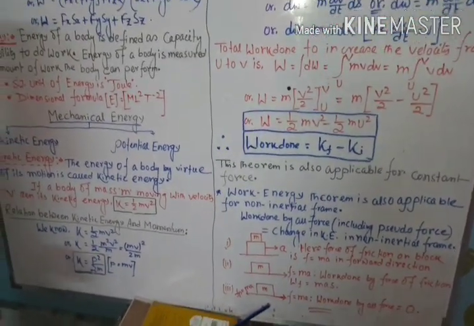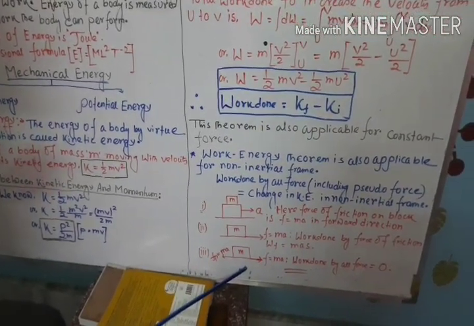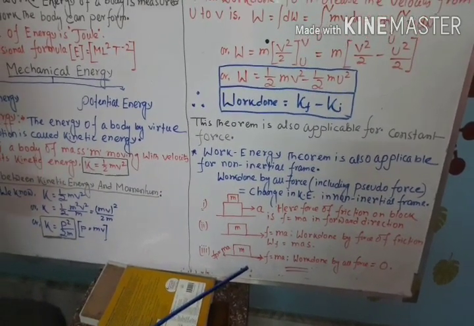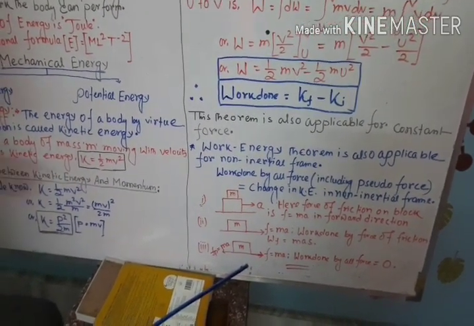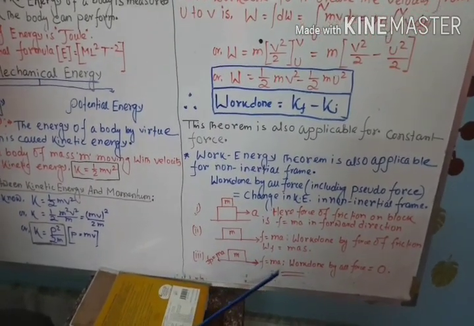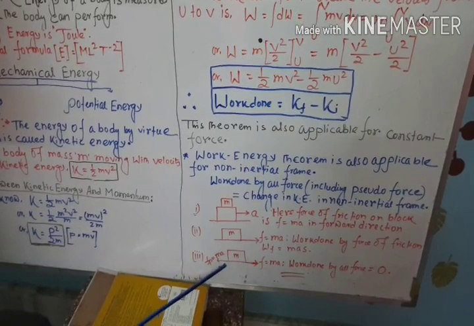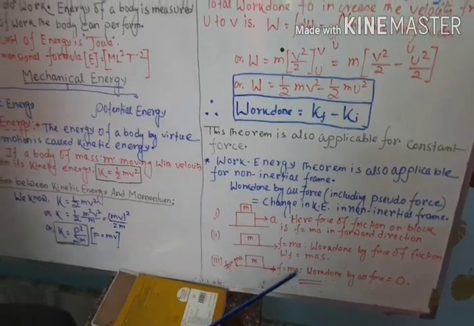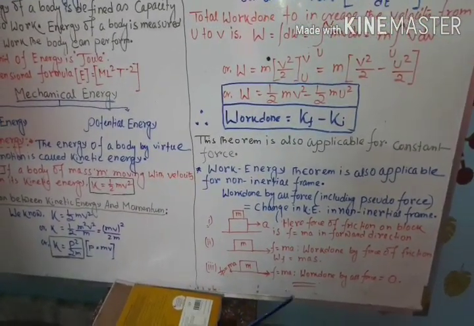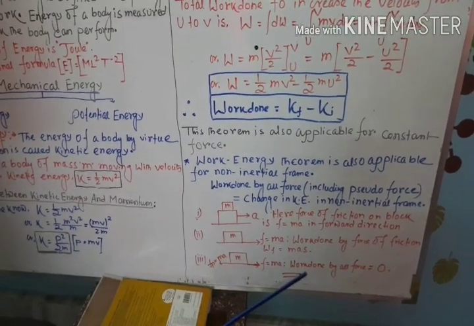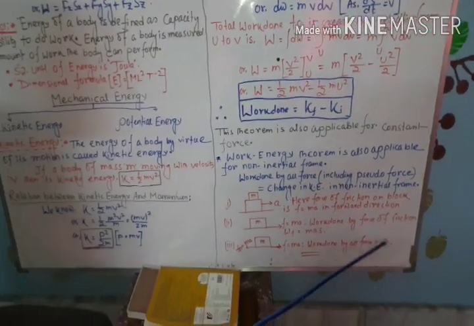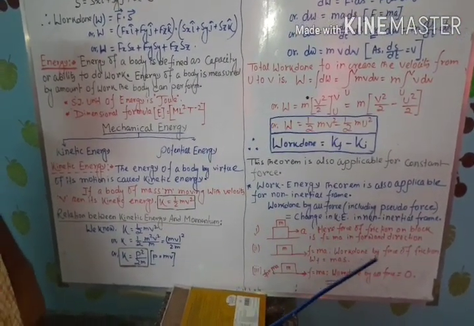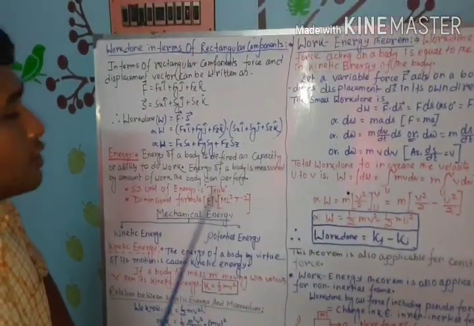And thirdly, if you indicate the force on the block m from the plank, that is the non-inertial frame of reference, then as I said previously a pseudo force comes into play in a direction opposite to the direction of the force of friction. So this is the direction of the pseudo force, but the magnitude of this pseudo force is the same as that of the frictional force. So therefore the net force acting on the block is 0. So therefore work done by all forces here is also 0. Remember, these three situations are very important for solving numericals. Now students, read all this portion very carefully.